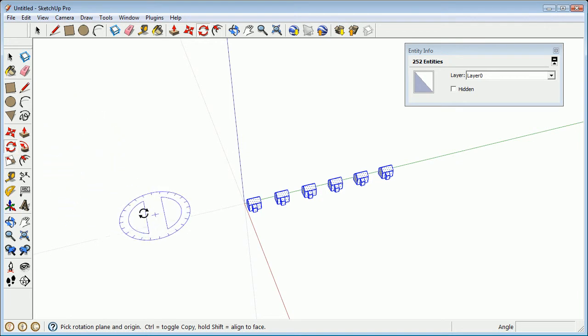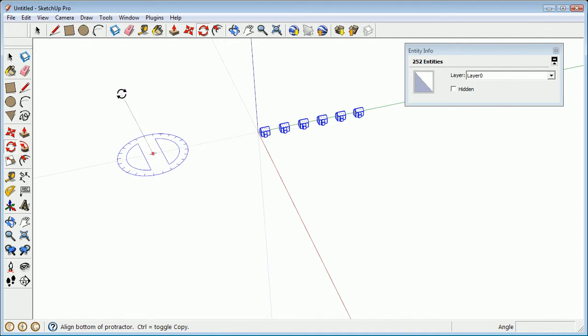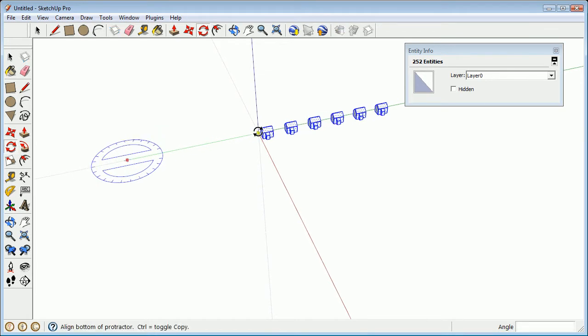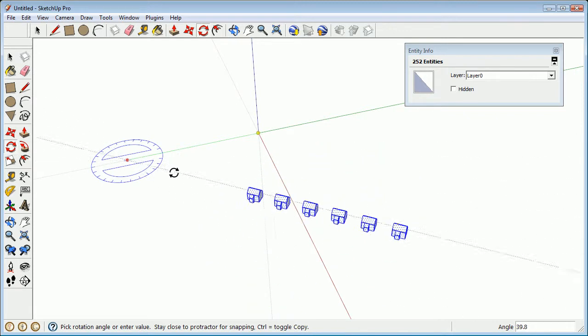If we're going to make a copy around a circle, we just pick the center point, click once, and you'll see that it gives you this line following your cursor. Click on the point of the house, and you'll see that it rotates it from the center point that you